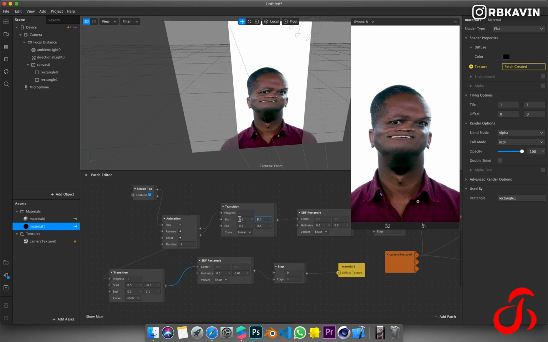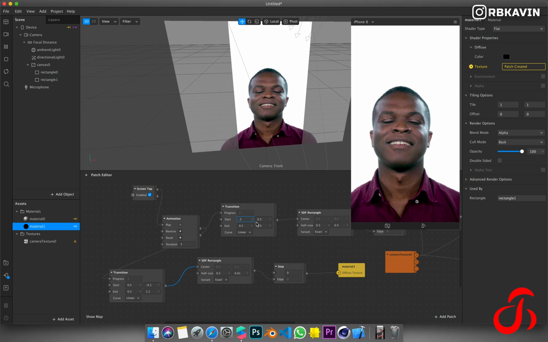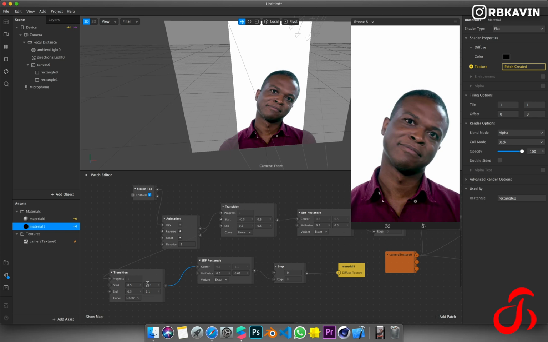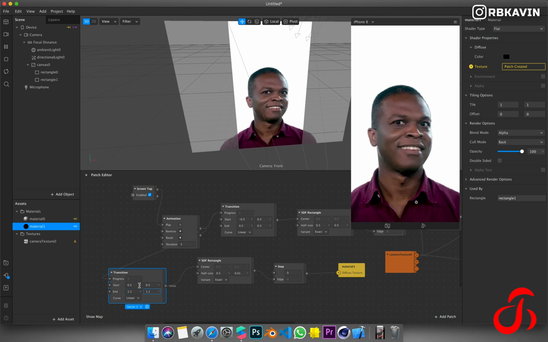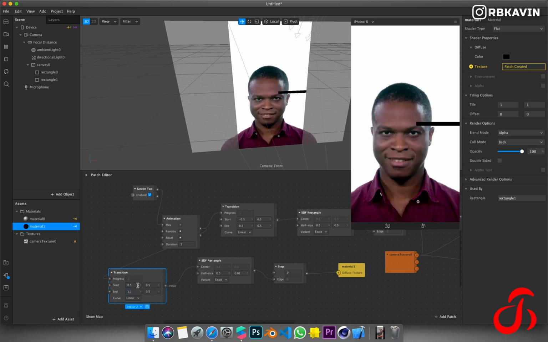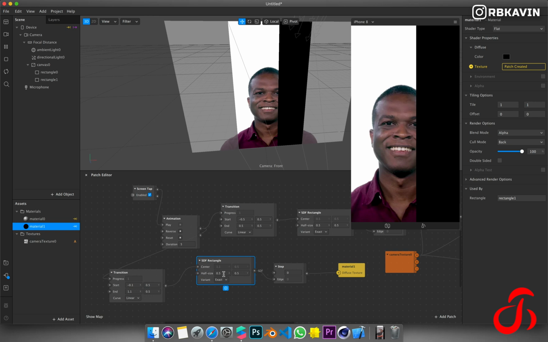If I change the numbers, I can remove the 1 over here and put minus 1 over here. This will create a new effect where I'm changing this 0.5 to 1.1, 0.5, and here minus 0.1, and here I'm changing the size.